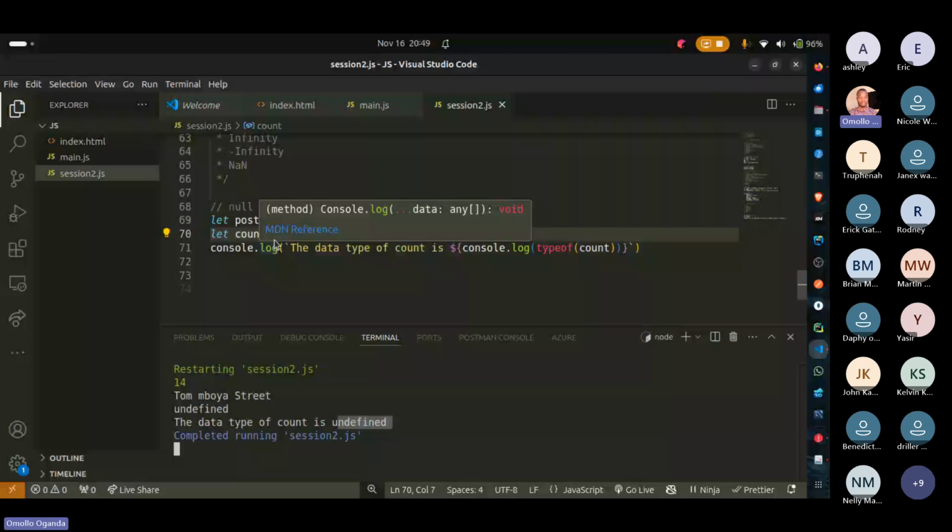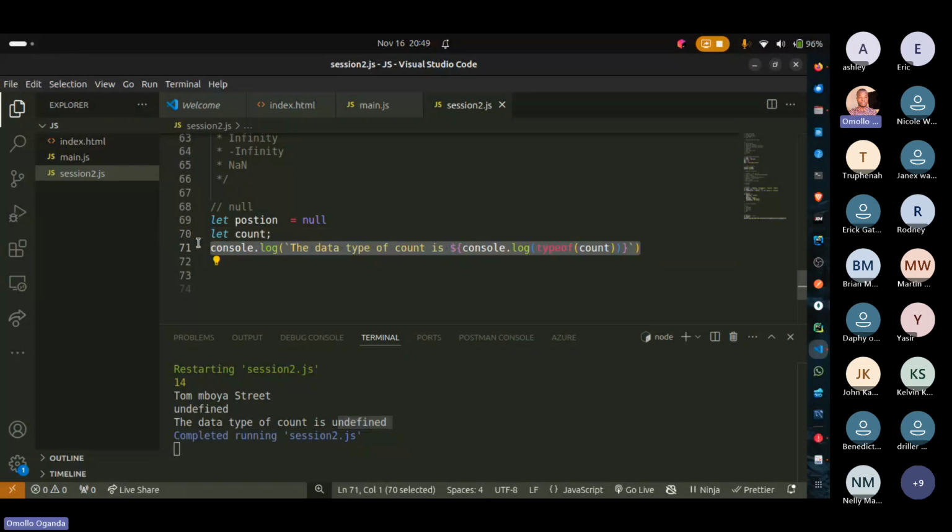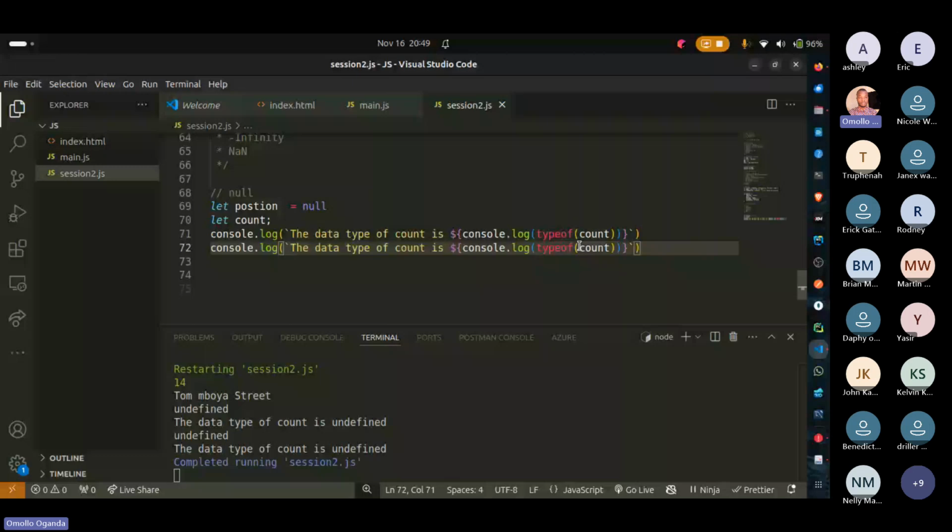Can we do the same for position? Control C, and then in this case, what we're trying to find is the data type of position. So here we have position, and then typeof position. You see what happens? The data type of count is undefined. The data type of position is,